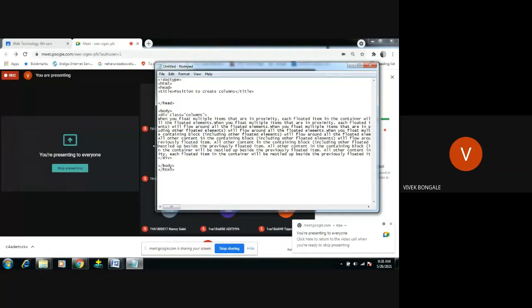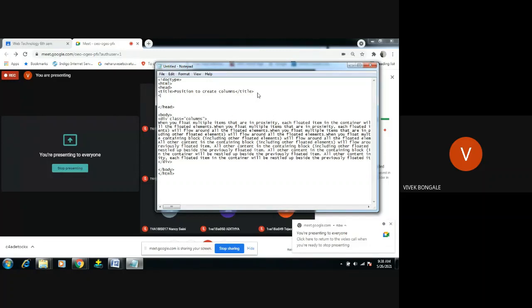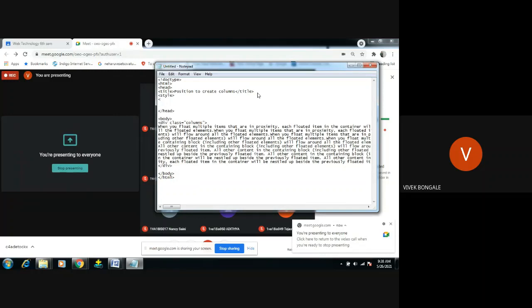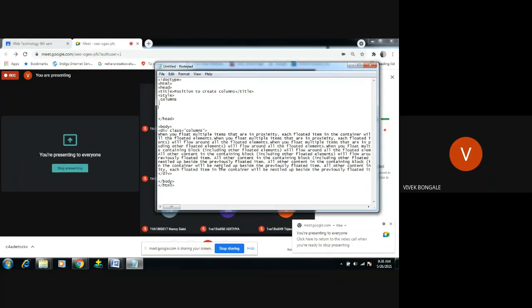Now I want to create the columns for this paragraph. I'll go to the title, then style. We have created the class called columns, so dot columns, open.